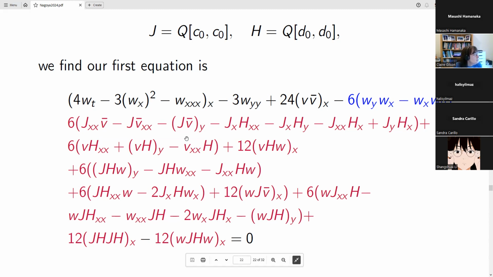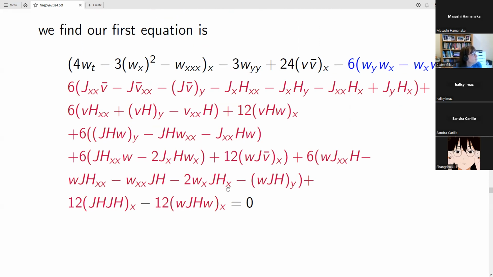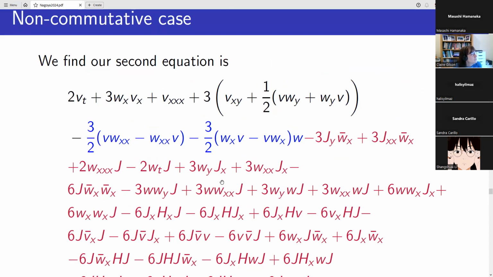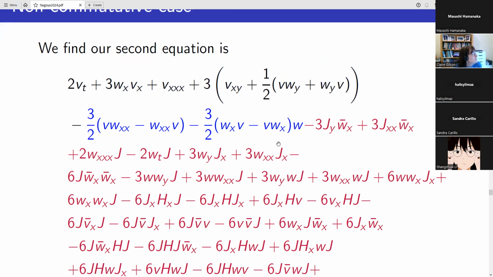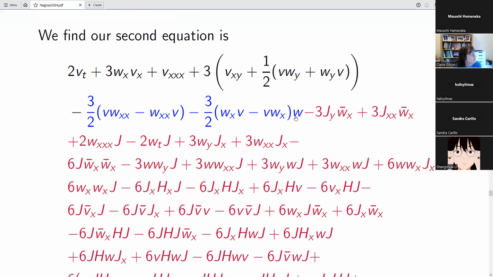I could tidy this up a little bit more, but it's not clear exactly what is going on here. We'll look at the second equation as well. The second equation is basically the one in V. And again, this has lots of terms in it, and it looks something like this. But again, it really is satisfied by putting these terms in. The third equation is just the V-bar version of this, which mirrors this, so I haven't written it down.